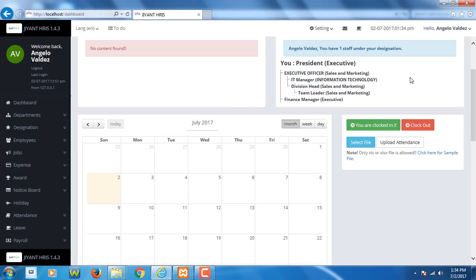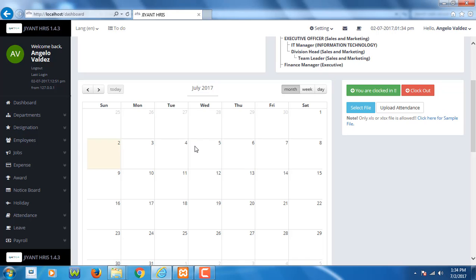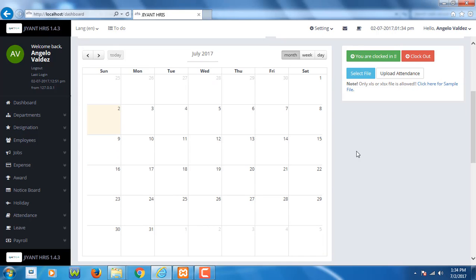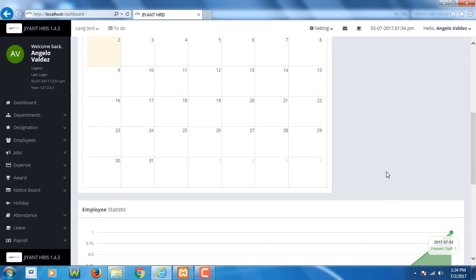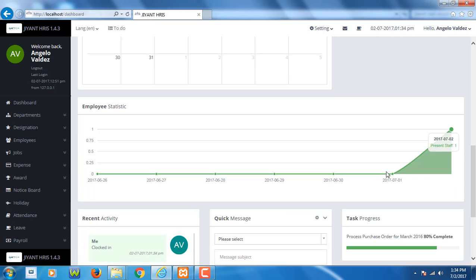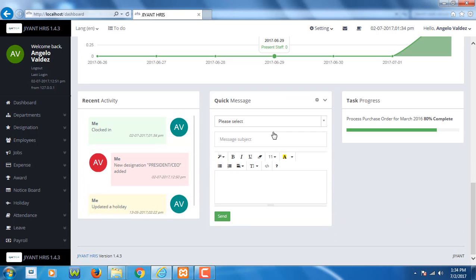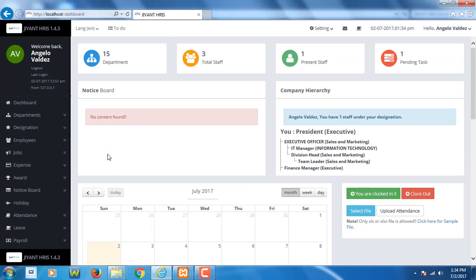We have here a list of employees and their designations, the calendar, the clock in and clock out button, the employee statistics, and the recent activities and messages and project tasks or task progress.